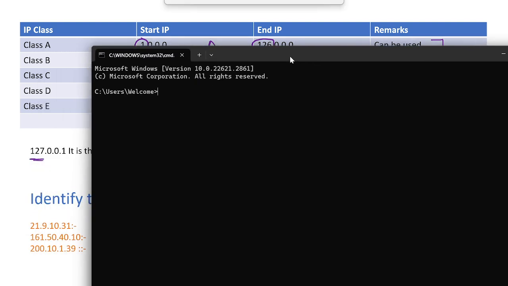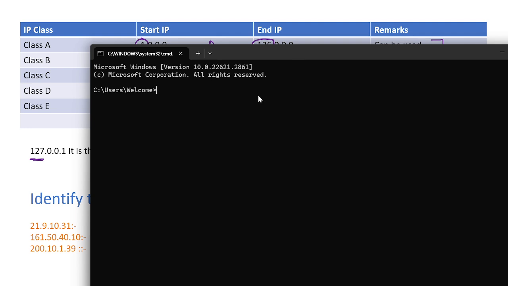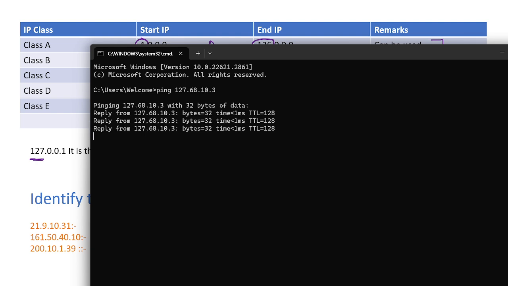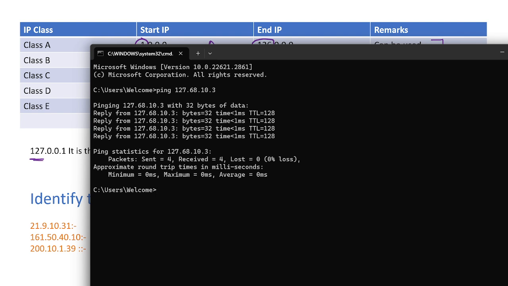Now just tell me one number that starts with 127, any IP address, but it should start with 127. I just need an IP address that begins with 127, and it should be a version 4 IP address. Tell me. 127 dot 68 dot 10 dot 3. See, Ganesh told you this is the IP address